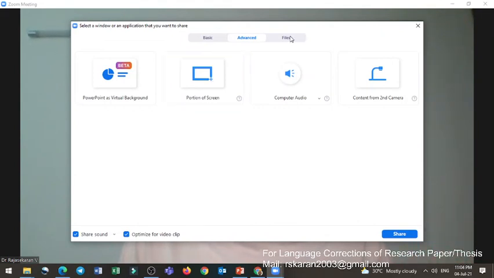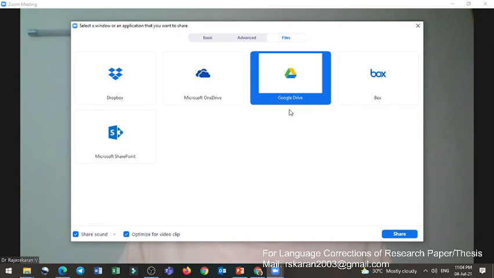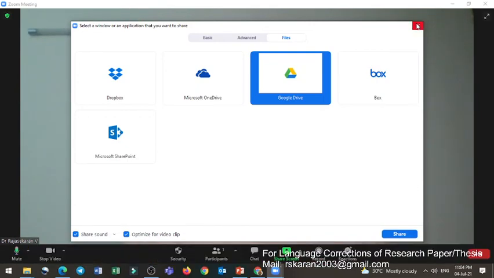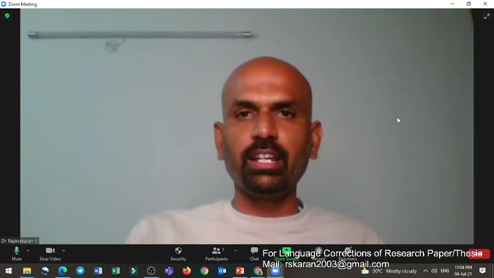And in case you want to share a file, you can put it in the Google Drive, connect the Google Drive, and you will be able to share the file directly. Whatever you want to show to the student, it will open automatically. You don't need to go separately. You don't need to minimize anything. Still, you can open and show it. Got it? I think this would be really useful to you.